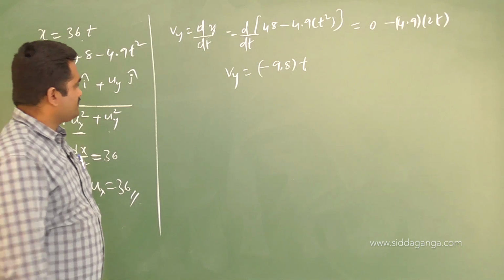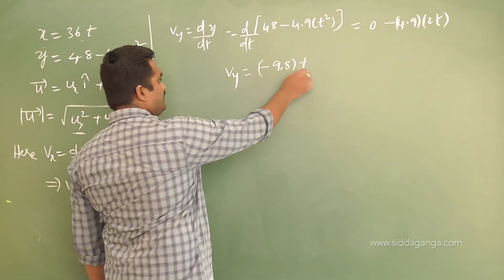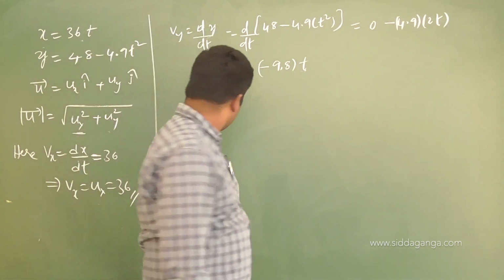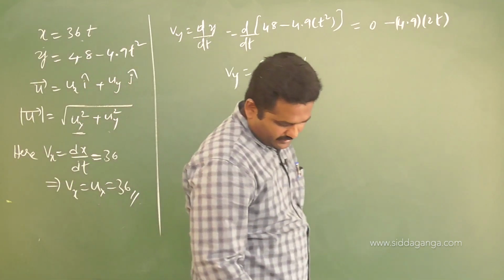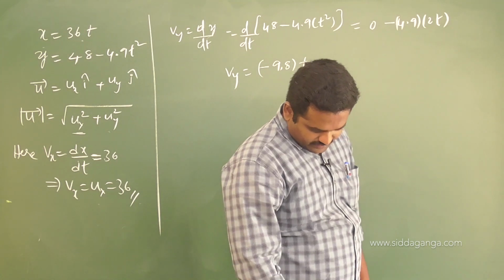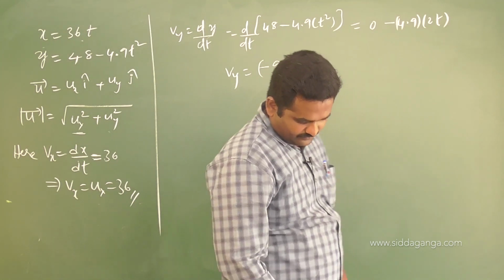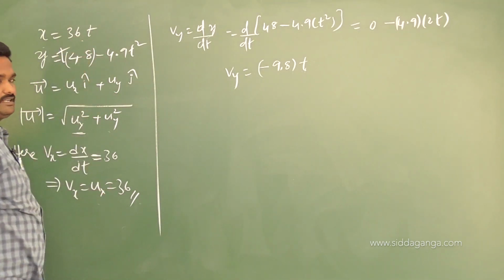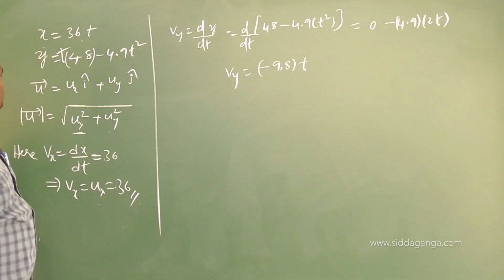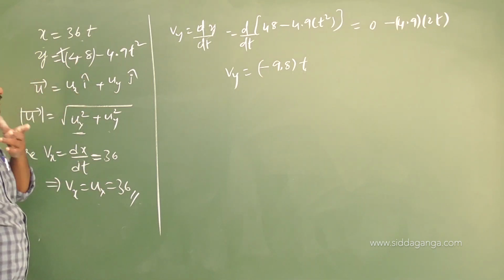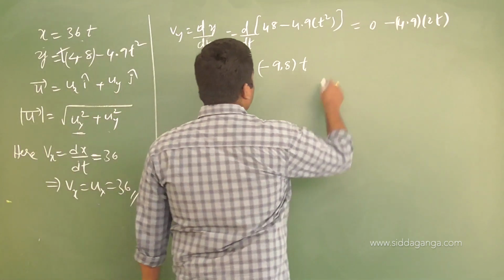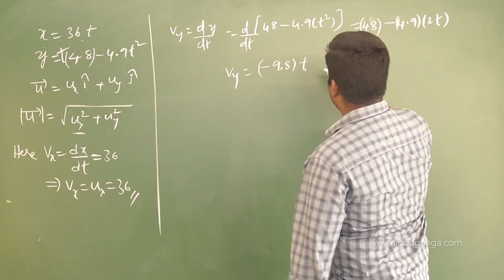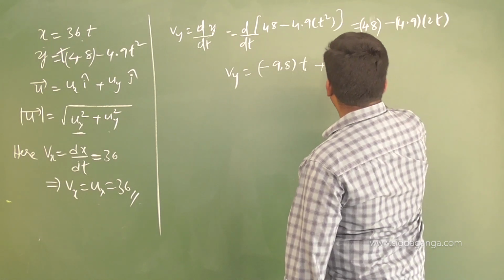What they are asking is the initial velocity, right? Initial velocity means at t equals 0, what is the velocity? That itself is the initial velocity. I think there should be a t in this equation, it is missing. You just make a correction in this sheet also. 48 into t it should be. Then this will become, it won't be 0, it will be plus 48.